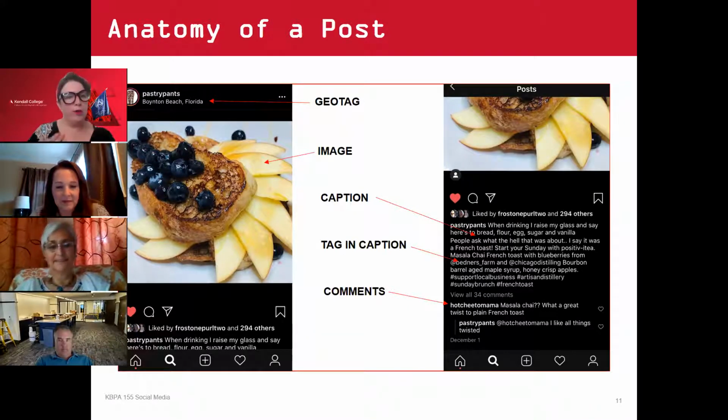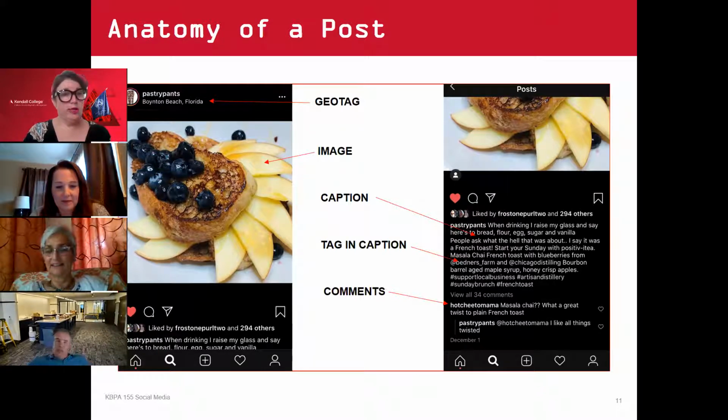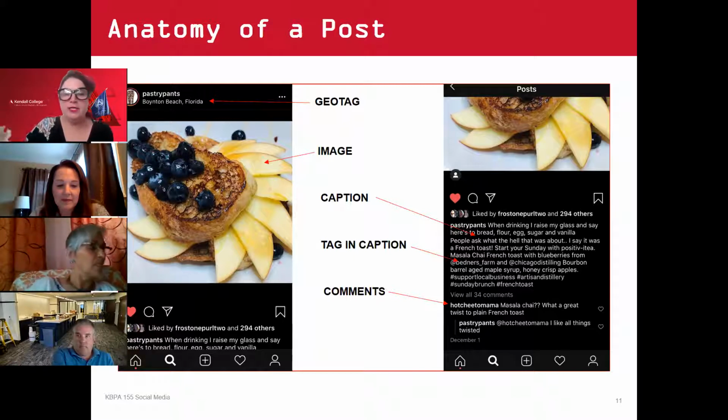Think about how it relates to your post. Maybe you're at home and you ordered something in from a fantastic restaurant. Does it really matter that you're at home? Probably not. Could you say that you're at the restaurant because you're featuring that food? Great idea. Nobody cares that you aren't physically at the restaurant, but it's another great way to tie your post to that location too.